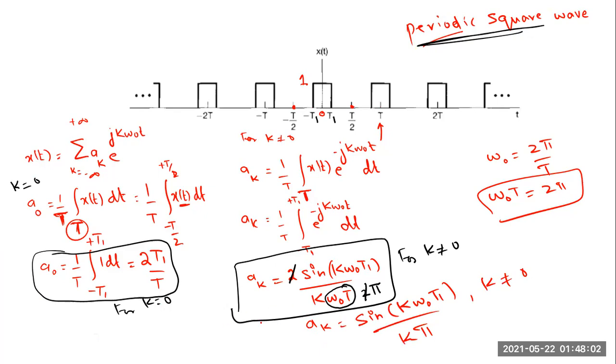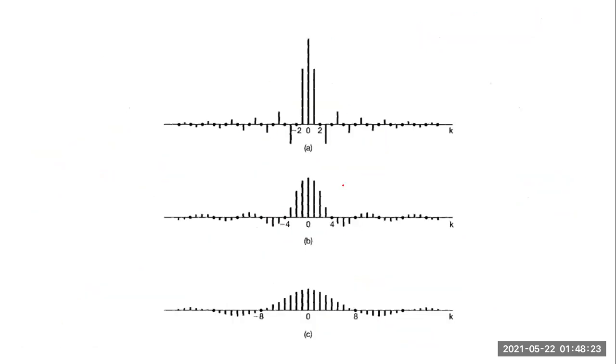Now, if you plot these Fourier coefficients, so this is A0 and then for different values, so you can find A1, A minus 1, A2, A minus 2. You will find out that if you put different values, so let me go back to the figure. This is actually the plot of the signal, but let me first write down the Fourier coefficients. So what you will get,